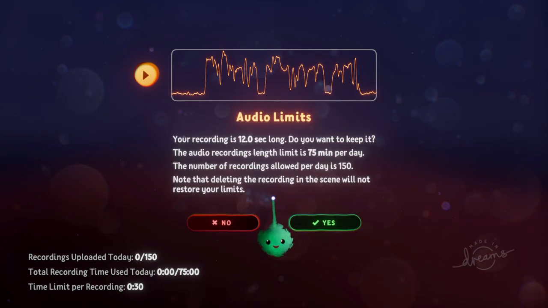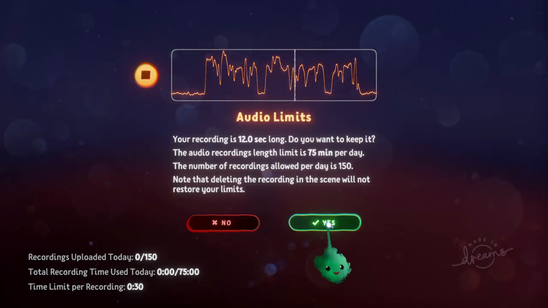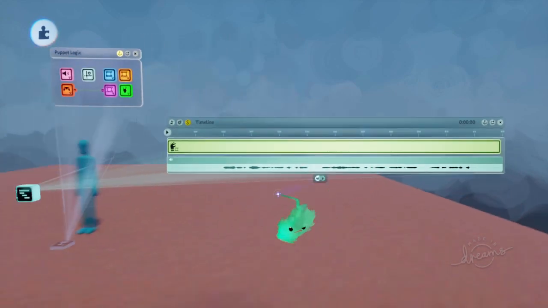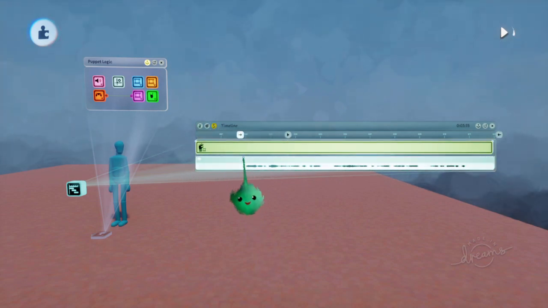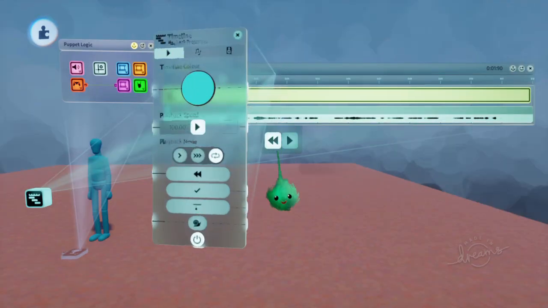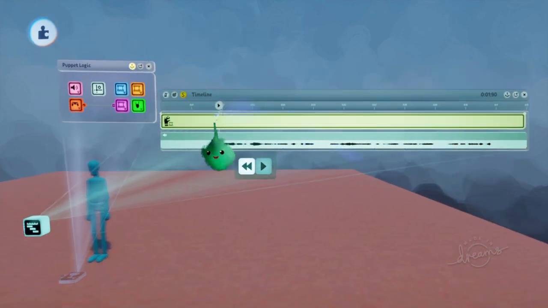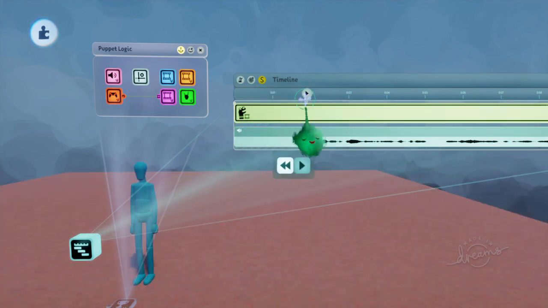And that gives us, that's pretty cool. So that gives us a timeline, and now if I play that back, I can trim the start there, and we don't need it to loop. We'll just put on sustain, and then when it gets to the end it will stop, and we have a possession recorder,